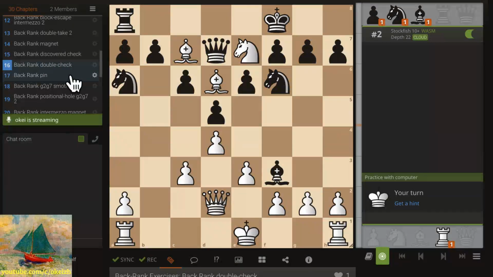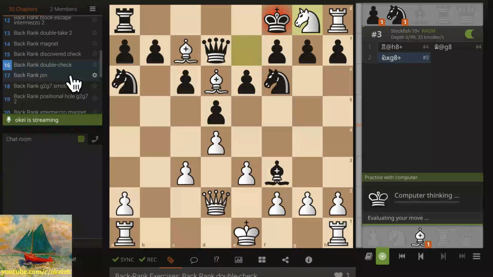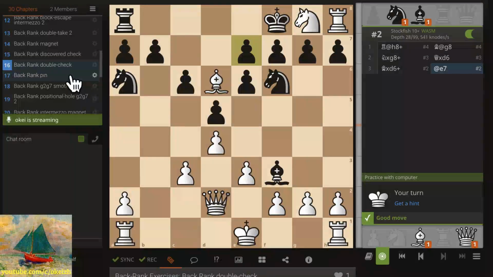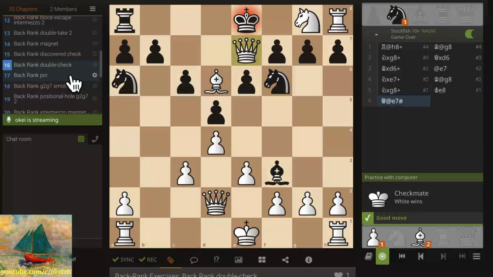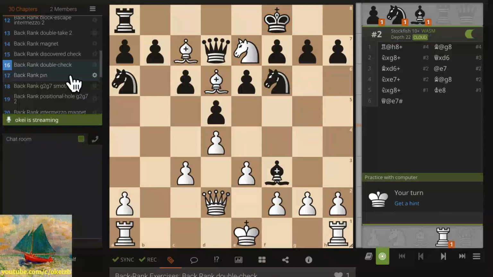Okay. Anyway, let's look at this puzzle. You want to take a piece with the discovered check. Okay, that gives you the queen. You can keep going back and forth a lot, I guess. Well, you had rook takes. And finally, okay. So there is a mate in 2 in the original position, which was found